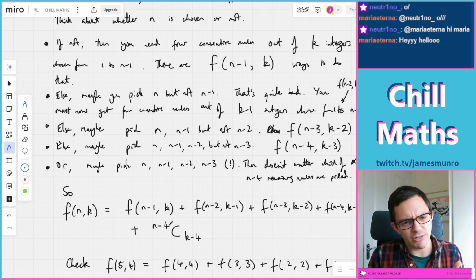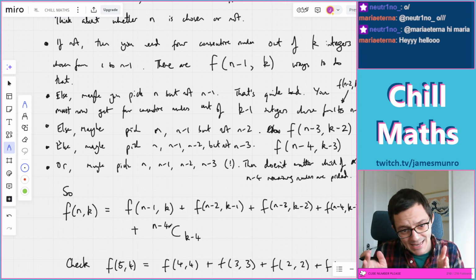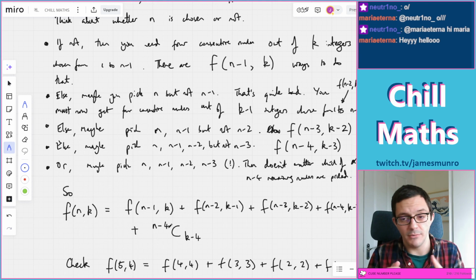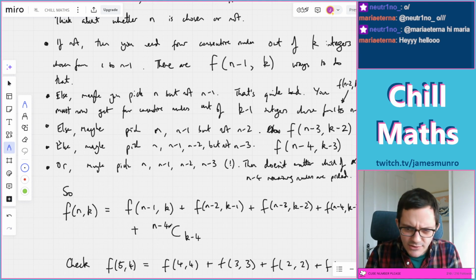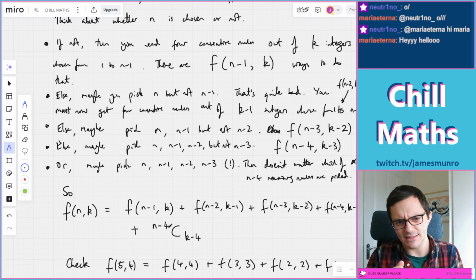So we're thinking about the kind of general problem here where you have numbers 1 to n, and you have to pick k of them looking for a set of 4 consecutive numbers. If you bring in those n and k variables, then you can start to relate together different versions of this problem. Something like,